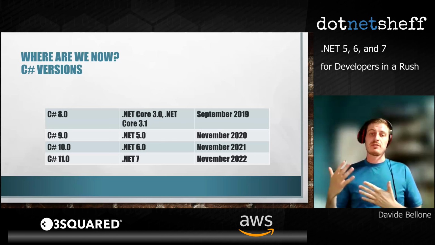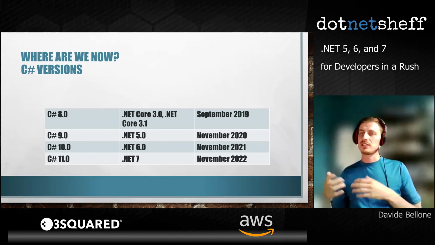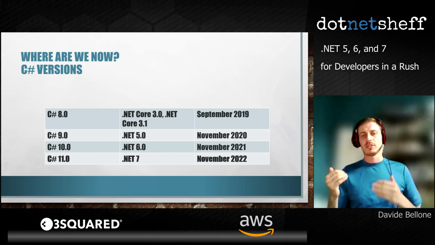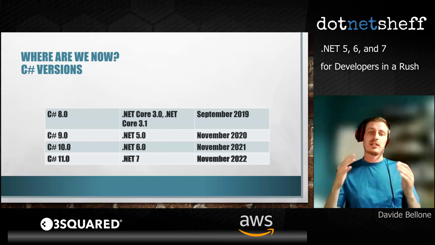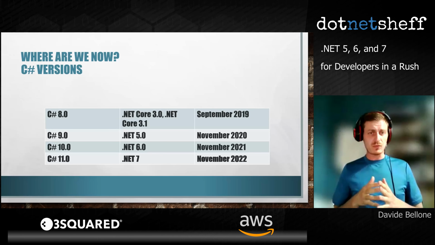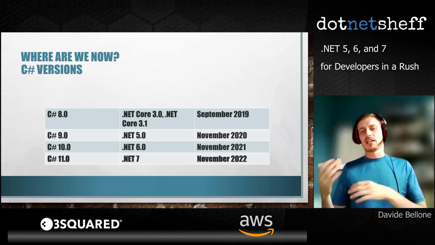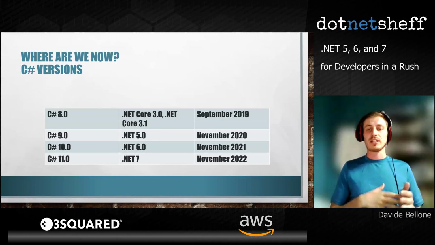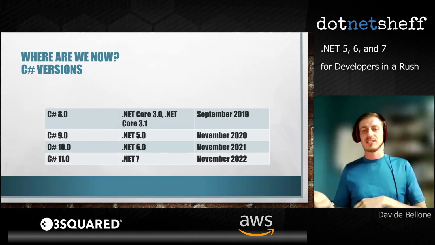Clearly, with every version of .NET, they also release a new version of C#. They go pretty independent, but on a similar path. So, for example, with the release of .NET 5 in 2020, they released C# 9, again, .NET 6 with C# 10, .NET 7, and guess what, with C# 11. And of course, we will also have a new version of C# with some new bits and some new details.